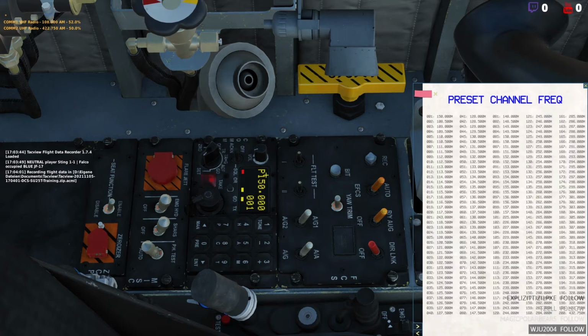There you go, 150. And if you now switch back to the TRG, you will see that in SRS nothing has changed, we're still on 108. But if we cycle back and forth once, we're now on 150. This will also be updated on the kneeboard. You will have channel 1 indicated as 150 megahertz,